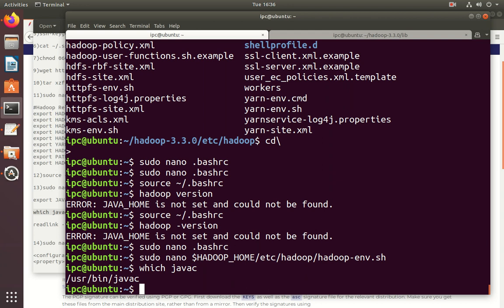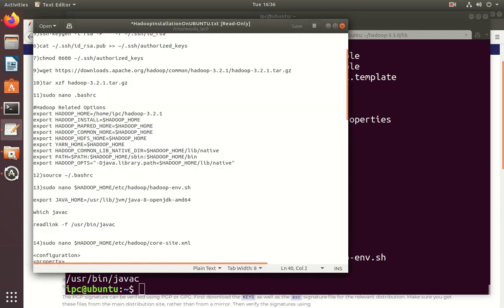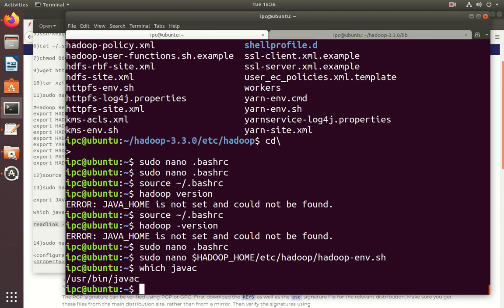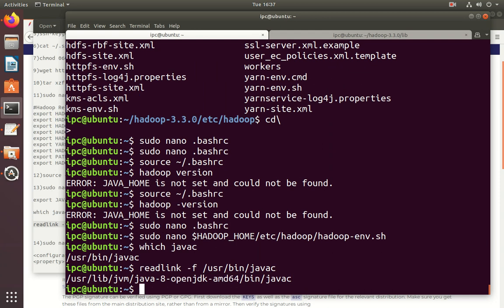Use the provided path to find the OpenJDK directory with the following command. It will show you the exact path. We will take this part and set it as the Java path. The section of this path just before the bin/javac needs to be assigned to the Java home variable. Now check the Hadoop version.